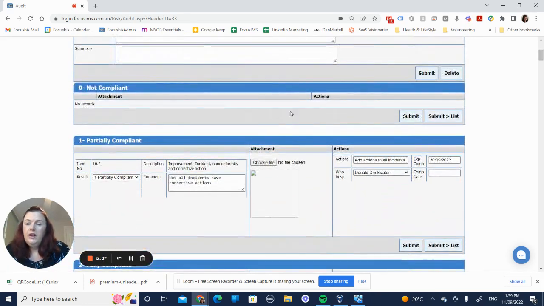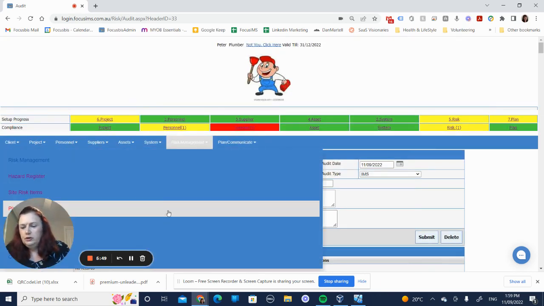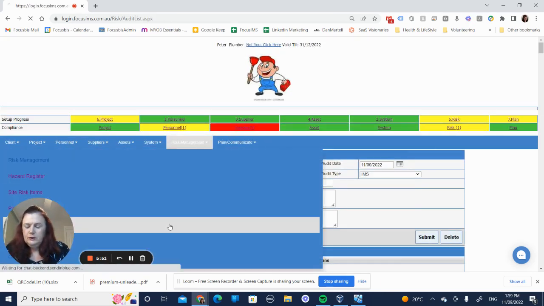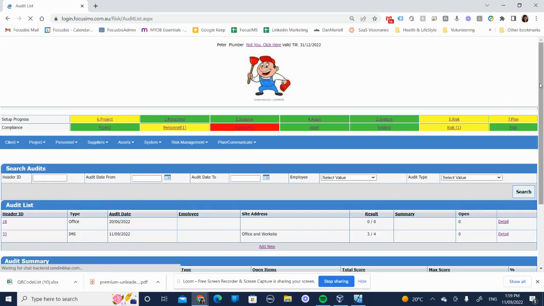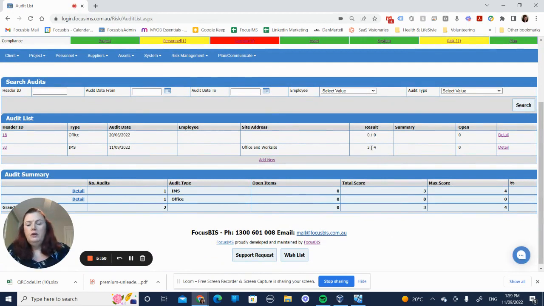All the ones that are either not compliant or partially compliant, until there's a complete date in there, will appear on your risk alerts. The audit list also shows you a score, and the scoring basically works if I go back to that audit again,